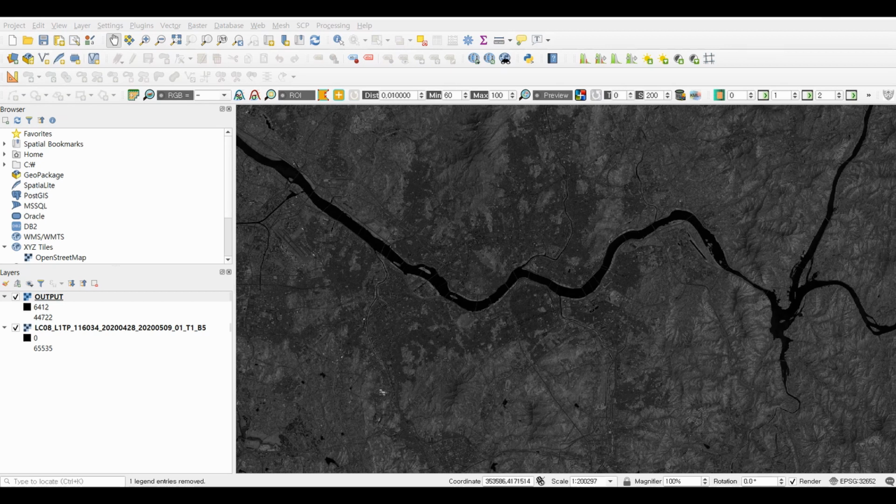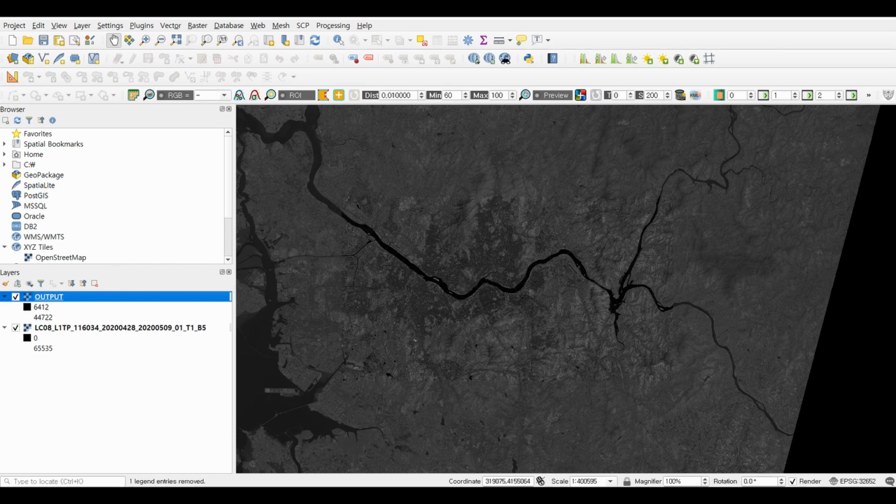Now you can see the clip image was generated. This is our output. You can check the extent of the clip image by zooming in and zooming out.